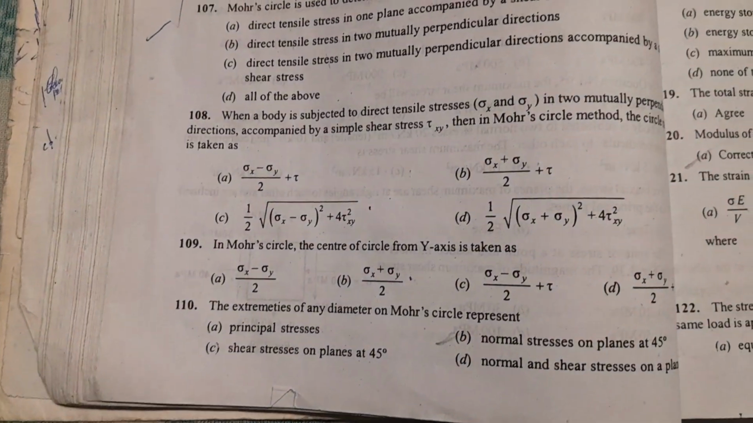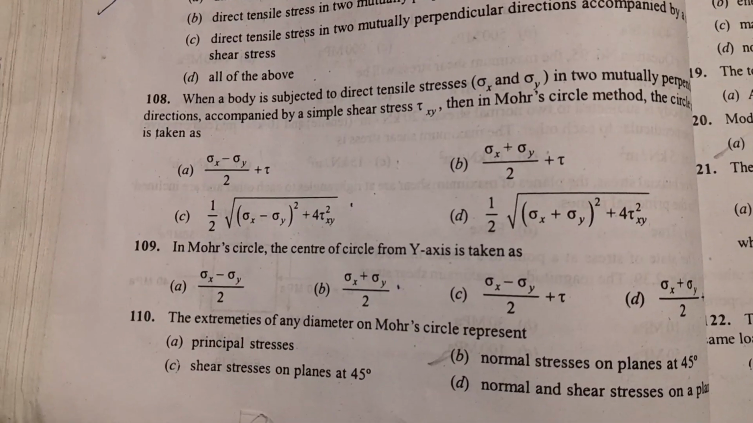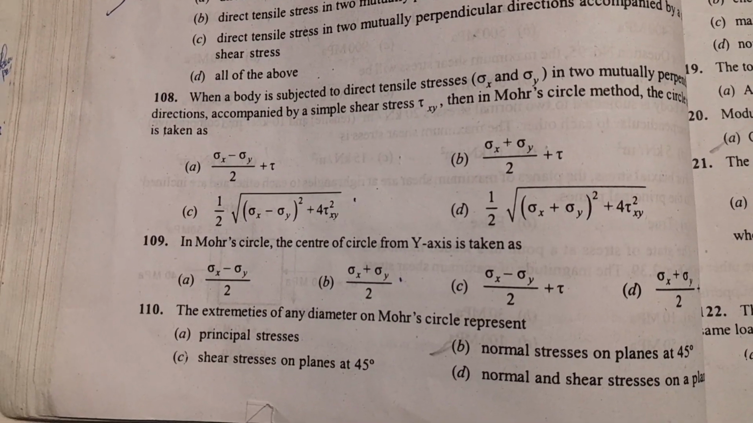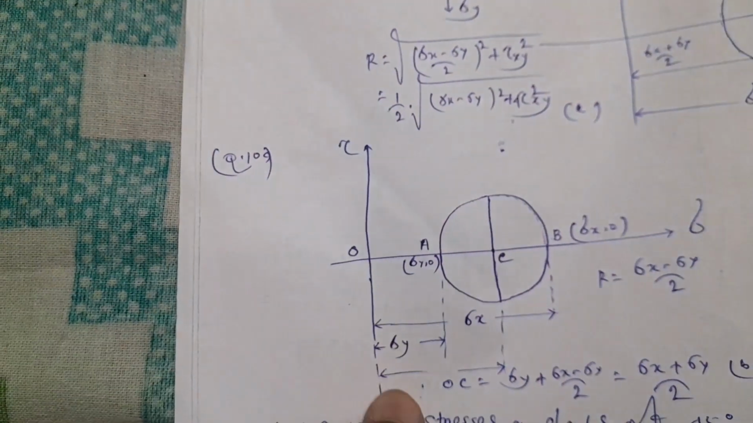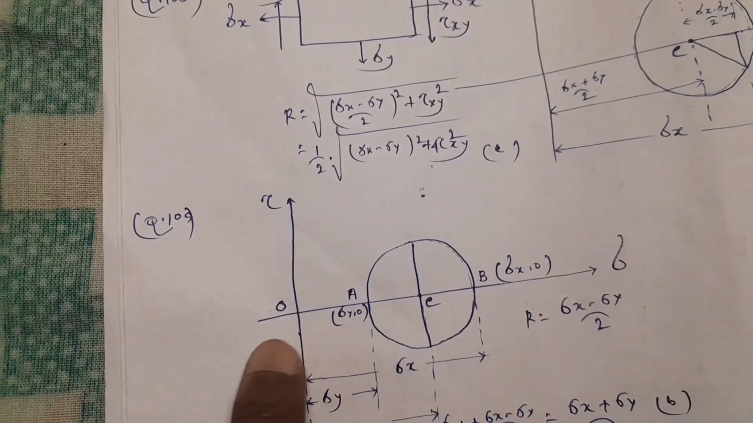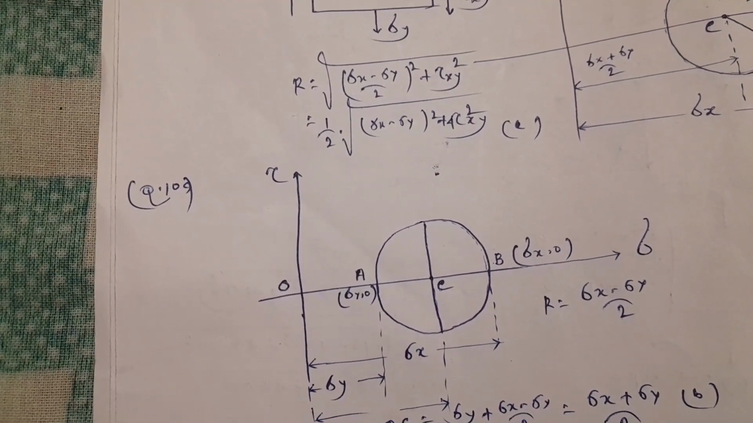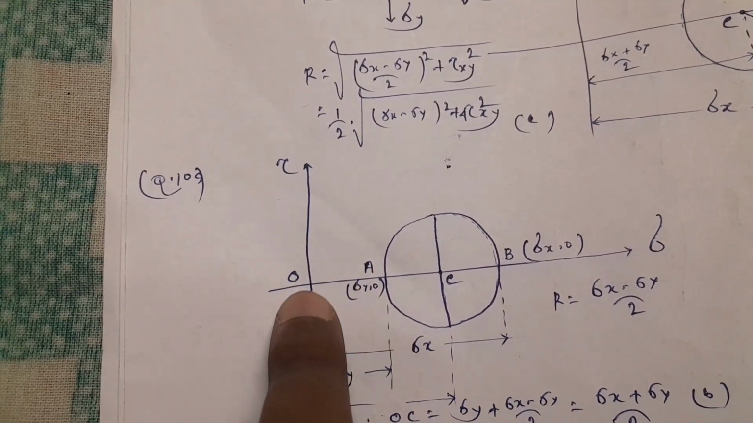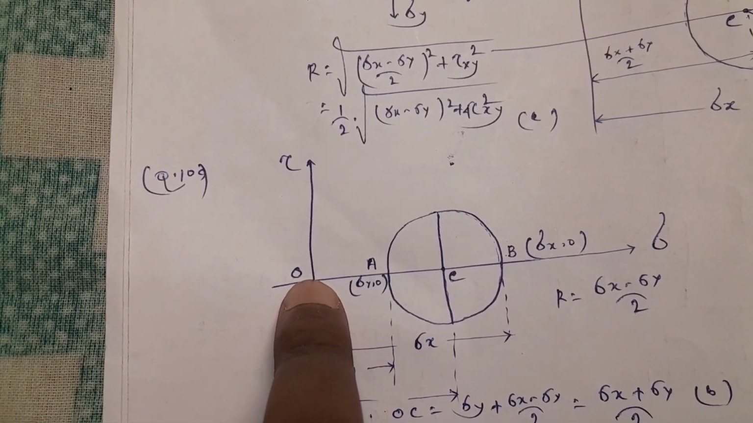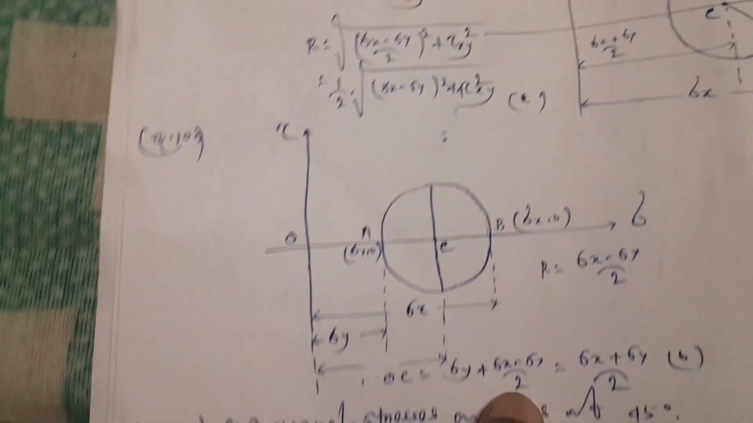So for question number 108, option number C is the correct answer. Next question 109. In Mohr circle, the center of circle from y axis is taken as. In this axis shear stress is taken, and in this axis normal stress sigma is taken. So the question is asked here, the center of circle from y axis. That means from this point to this point, the distance OC will be equal to